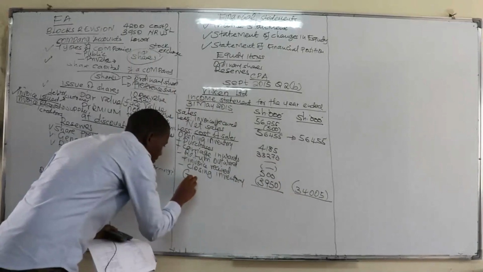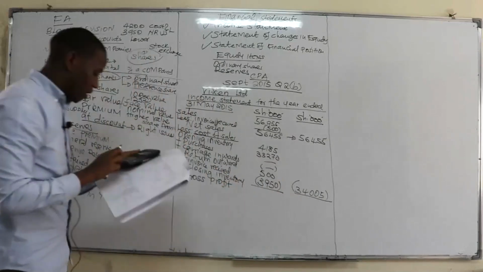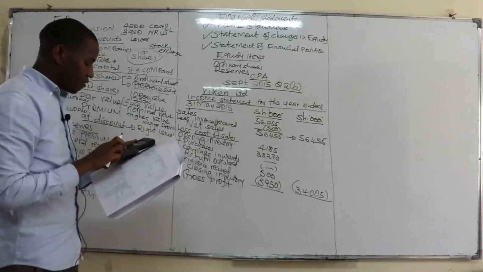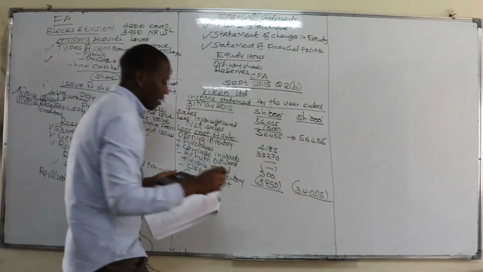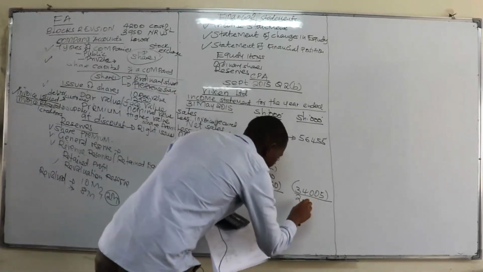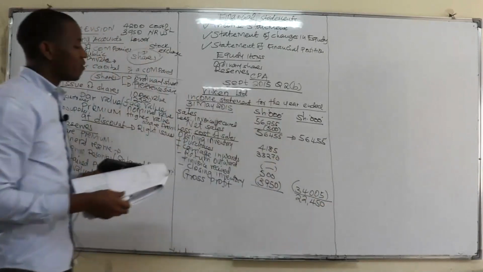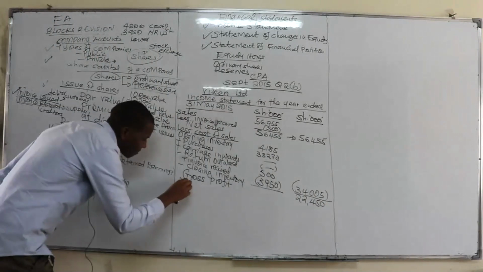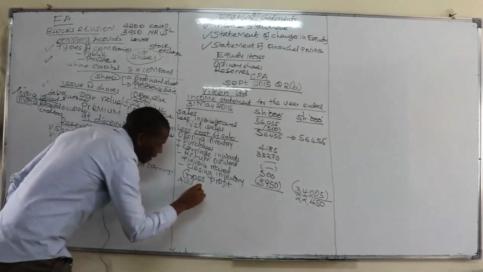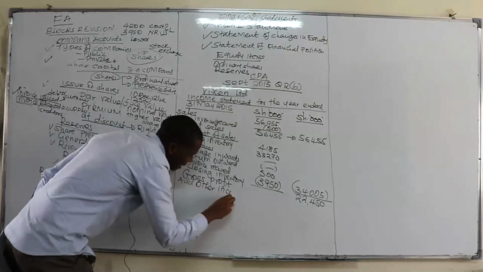The gross profit. And what will be our gross profit? It will be 56,455 minus the answer, which in that case is 22,450. That is the gross profit. So what you will normally add here, you add other incomes. Any income.